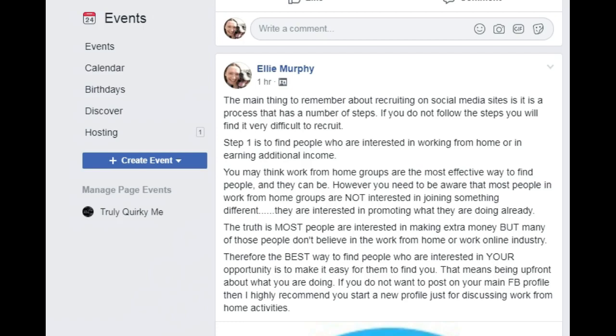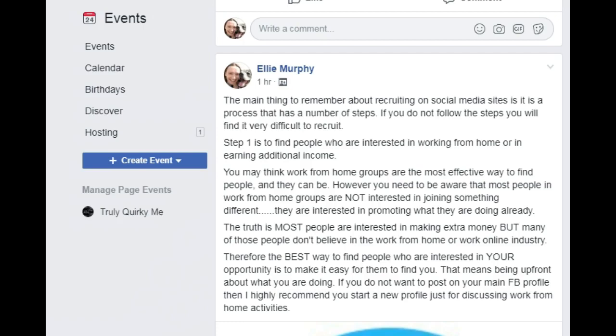Now, many of these people who would like to earn extra money don't actually believe in the work from home industry, or they think working online is a scam, etc. And of course, there are a lot of scams out there, so who can blame them? However, you need to try and find a combination of these two groups of people.